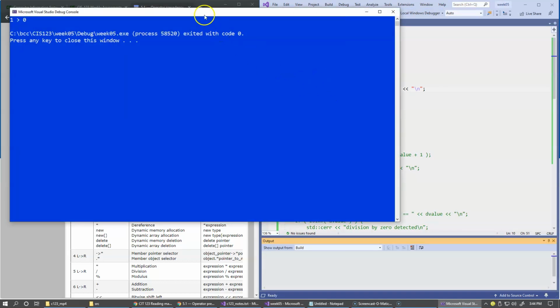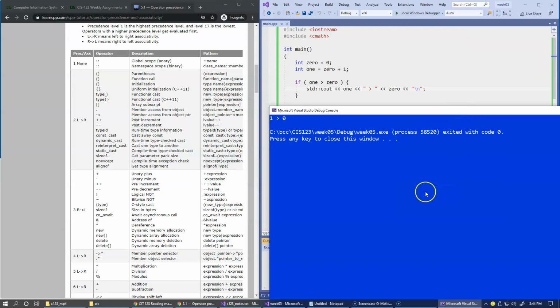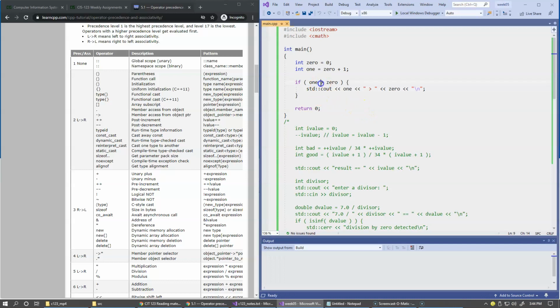Okay, so 1 is greater than 0. You can see that the idea is extremely straightforward. You can check for less than, greater than, equal, and so forth. I'll just show you very quickly what they are. So if I want to say equal, we can do it this way. If I want to say not equal, you use an exclamation point. If you want to display greater or equal, you do it this way. Less or equal is this way. All right. So these are all examples